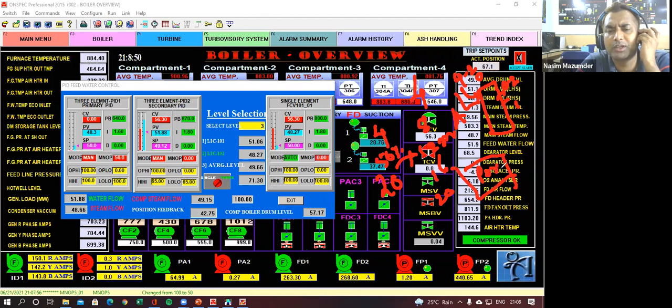Why is the positioner not working? If your positioner is responding accordingly, you can try adjusting the PID setting of this positioner, or you can try adjusting PID from this controller.